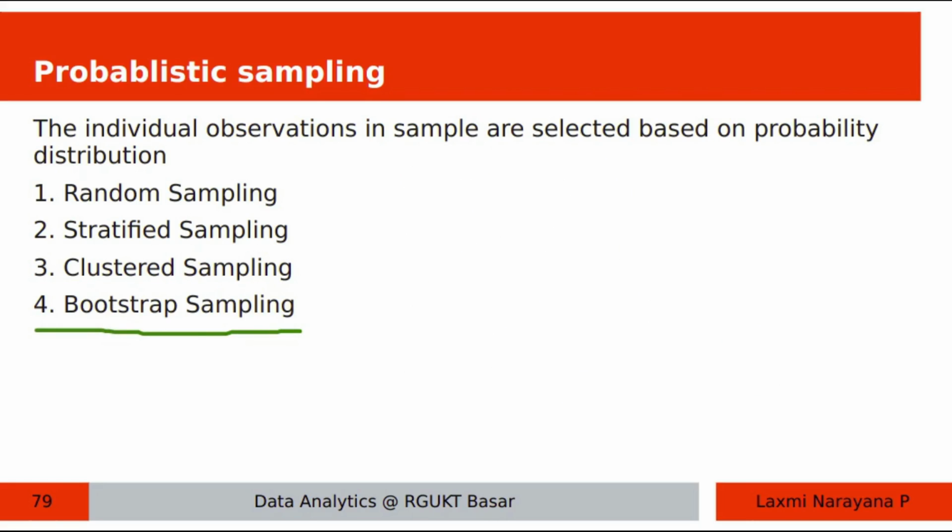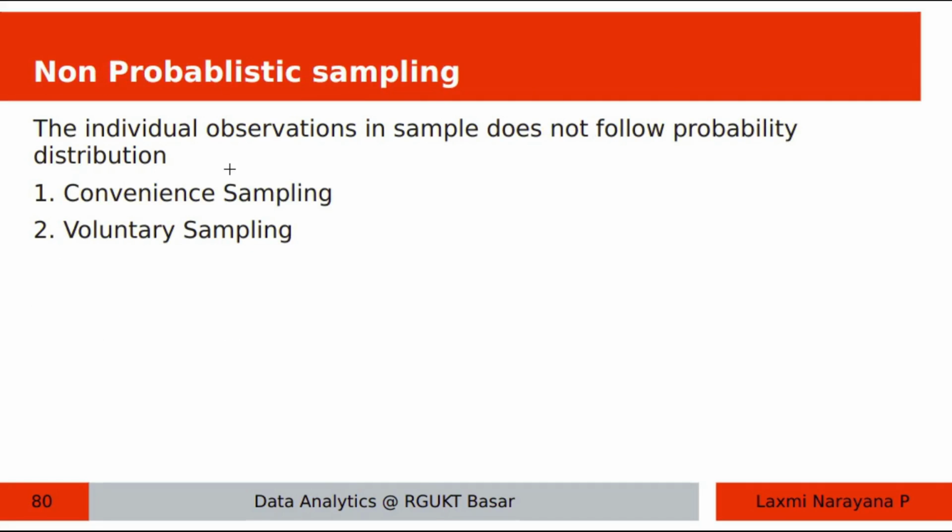Bootstrap sampling. It is also called as bagging. Bagging is sampling with replacement used in machine learning algorithms like decision tree and random forests, especially the random forests. In bagging, several samples with replacement are generated from population and models are developed with each sample. Used in ensemble methods,